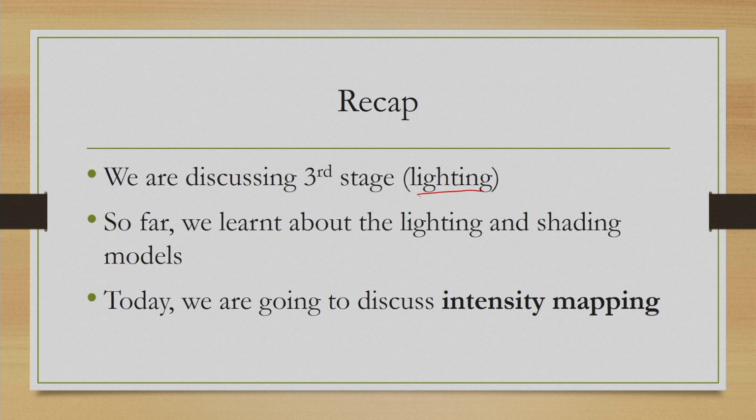Now, these components are ambient light, diffused reflection due to direct light source and specular reflection due to direct light source. And for each of these we have learned models, and these models in turn make use of the vectors, surface normal vector or the viewing vector and the vector towards the light source. All these vectors are used to compute these components, and at the end we sum up these 3 component contributions to get the overall color values, which is expressed in terms of an intensity value.